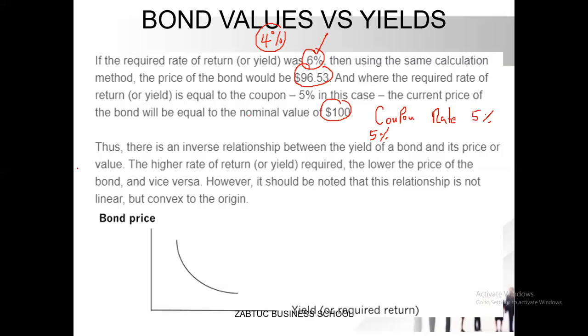So what lesson are we getting? We're looking at how to value bonds. There's an inverse relationship between the yield of the bond and its price or value. The higher the rate of return required, the lower the price of the bond, and vice versa. So remember, we had a situation here. If you discount at 6, the value that you get